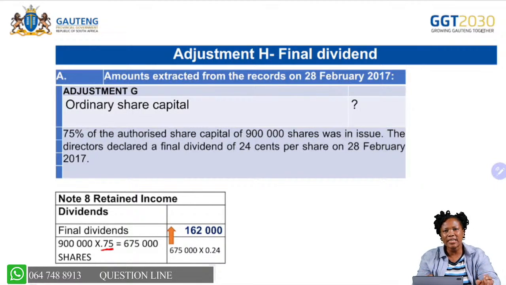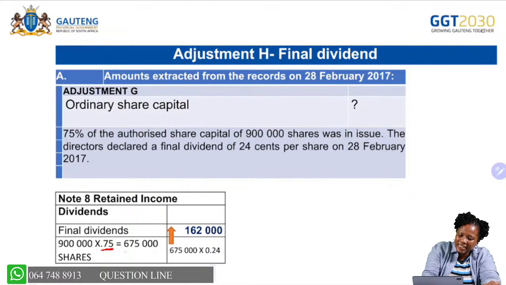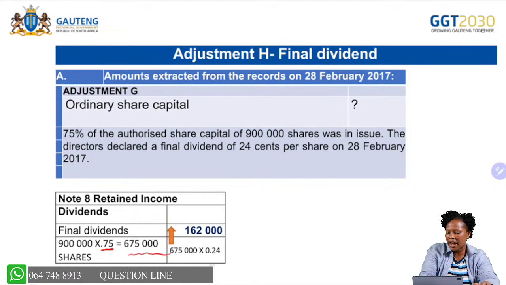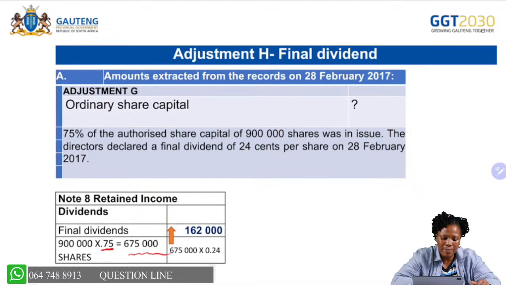So the number of shares that are in issue is 675,000. And they've just told us that 24 cents has been declared for each share. Therefore, we are going to multiply the 675 by 24 cents, and that is going to give us 162,000. This will appear in your note number 8